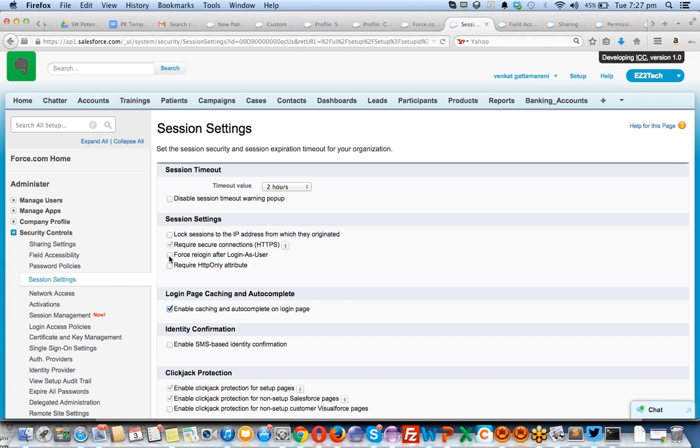In the other tab, I have logged into Anita's organization and I am using the system for some time. And if I click log out, it will automatically ask for relogin after login as user. So if I uncheck this, we should relogin. You have to enter your system admin username and password. Currently this option is not enabled. That is the reason it's not asking me the username and password after logging out of